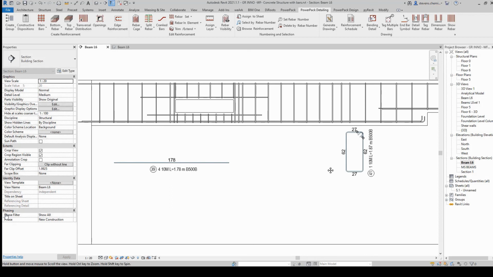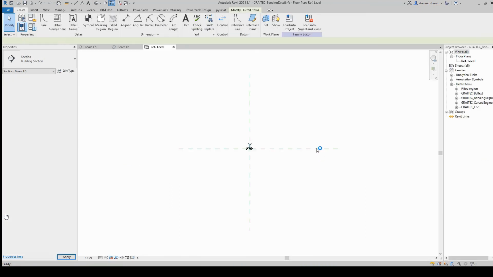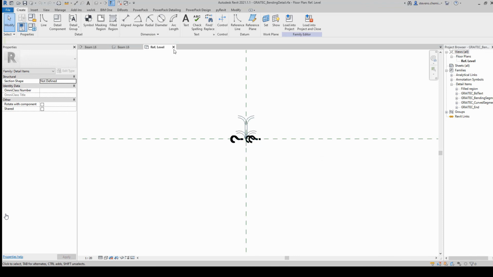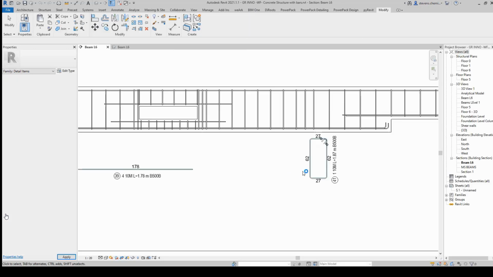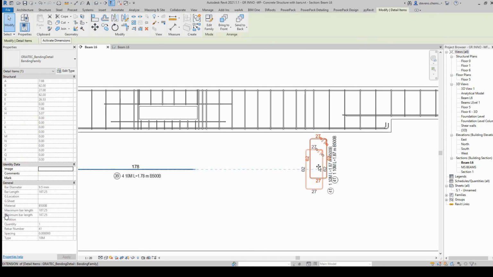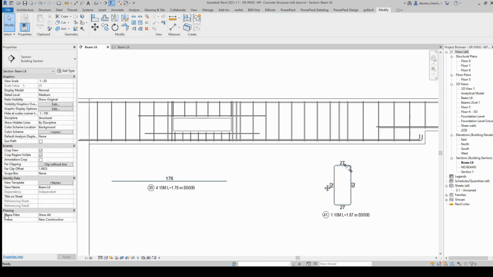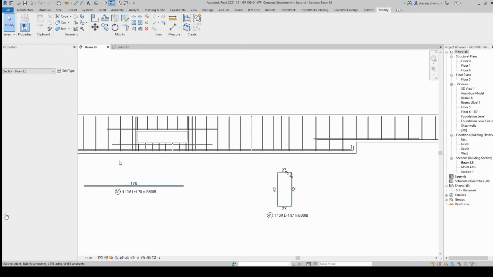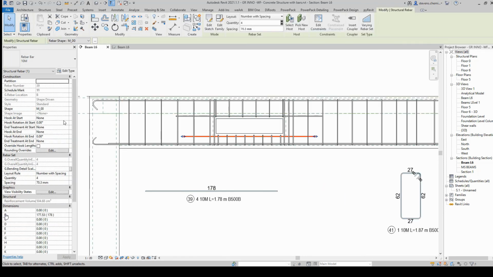So it's not possible to do this with Revit out of the box. So we created a very custom and complex family. It's a native Revit family, and to create those kinds of details, to customize the drawings, we developed this command, bending details, which will create a detail item family. So it's basically a 2D family.